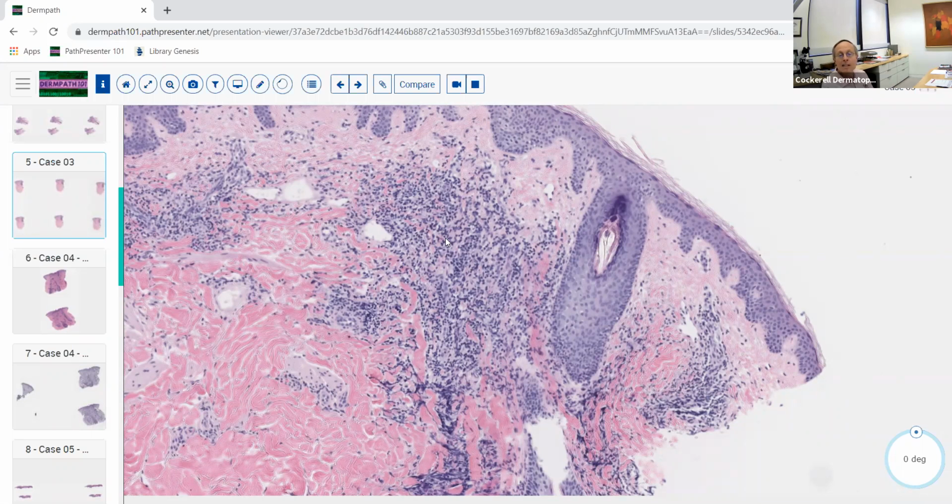The classic stain is the Warthin-Starry stain, which will highlight the organisms, but it's hard to see organisms with a silver stain. Those really have been replaced today by the use of immunoperoxidase stains. But anyway, this is yet another example of a bacterial infection inducing a different pattern, here inducing a lymphocytic infiltrate